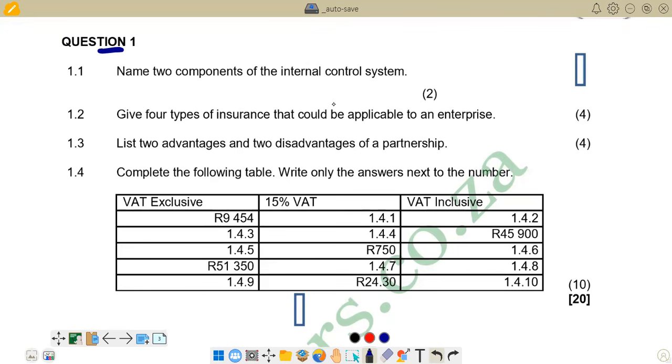We have different components in terms of the internal control system, so we are going to list them. Here we are on 1.1. We have the control environment as one of them. Then we also have the monitoring of control and the risk assessment. We can just mention two as required by the question. So we can mention the control environment